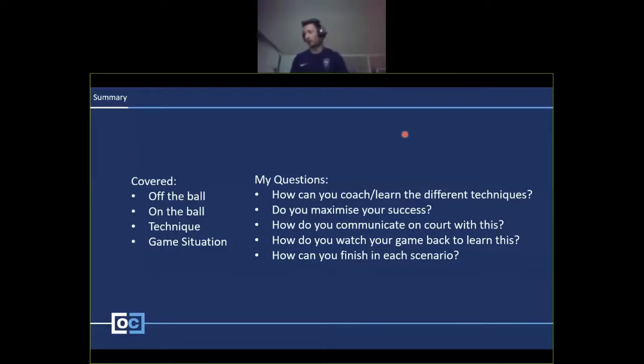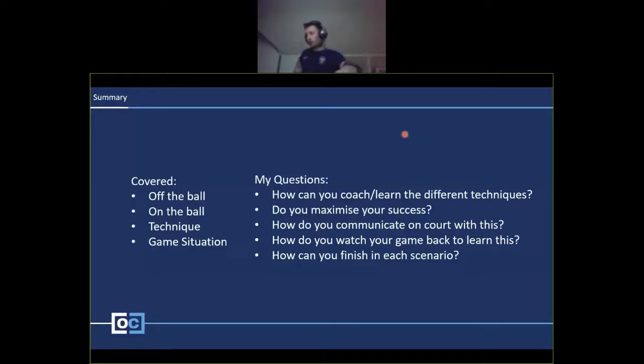If you need to come back and build from the ground up, look at the holding the ball stuff. How do you use your physicality? How do you get the ball to the pivot? If you're the three working with the pivot, how do you do that kind of thing? And make sure as a pivot, you're using your body, regardless of your size, to its maximum efficacy. Like I said, even the weaker players can be as strong as you need.